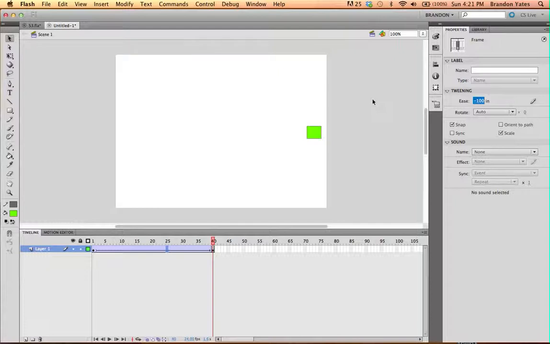I want to turn this into a command, so that every time I click my timeline, I don't have to go back to my properties and keep moving this around. I can just push a button and it does it automatically for me. So let me show you how you do that. Bring out your window,